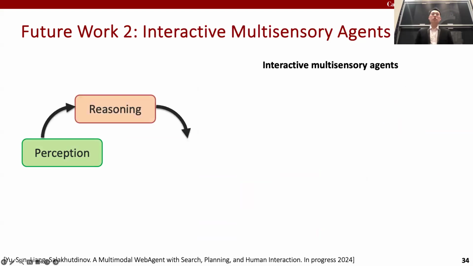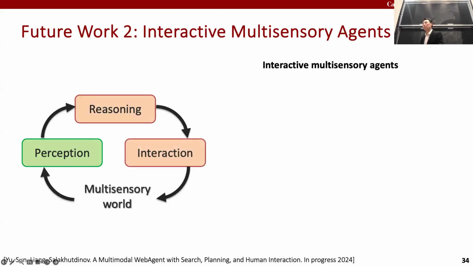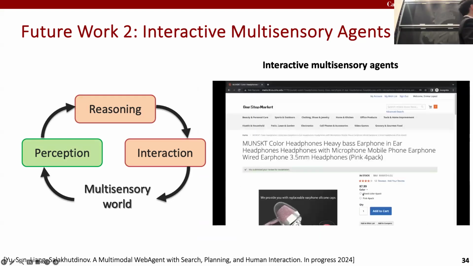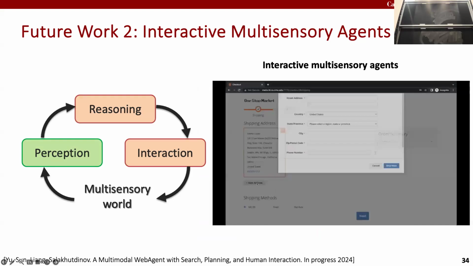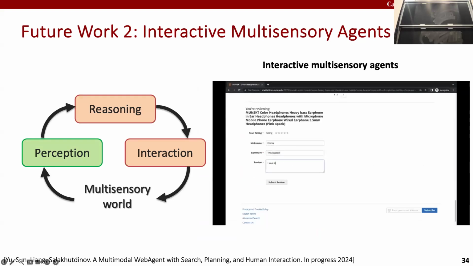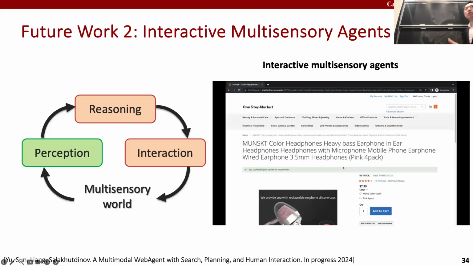A lot of things I've talked about today were in perception, taking in modalities and making a prediction. The future will be methods that are also able to reason and take actions in some embodied world. And recently, I've been working on some of these agents that are able to work on the internet. Agents that are able to look at the earphone, decide what you want to buy, choose the right one based on price, check out, and enter your shipping address to actually send it to you. These kinds of agents are able to help in a lot of productive tasks, such as online shopping, and also in the future, perhaps in Microsoft Office and Excel.